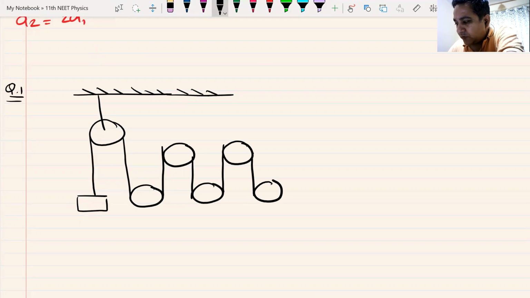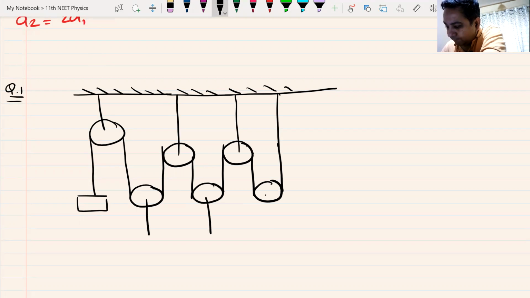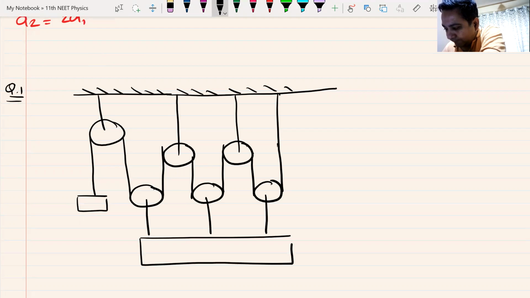See, I can make a lot of these, but I will just make this many. This is not to confuse you. This is to make you understand that no matter how many of these you put, things remain the same. Ten kg block. Then this is 50 kg block.